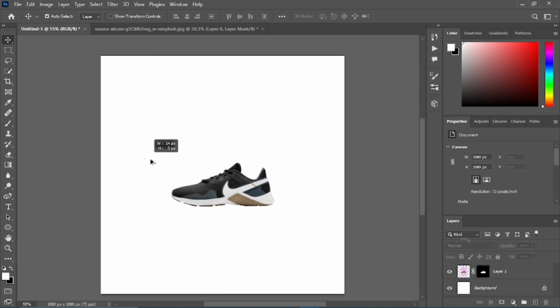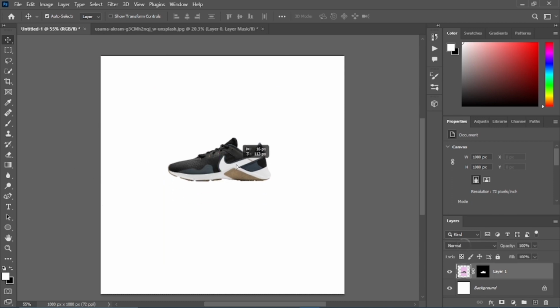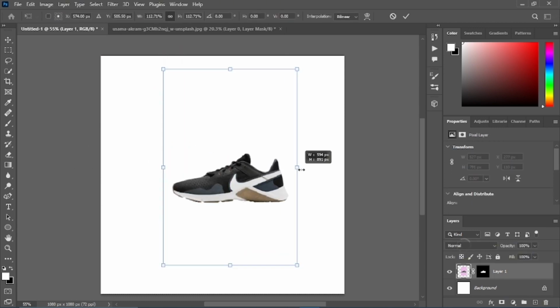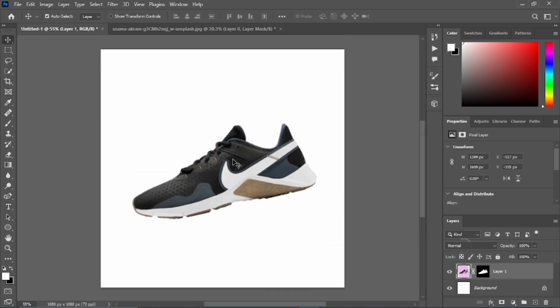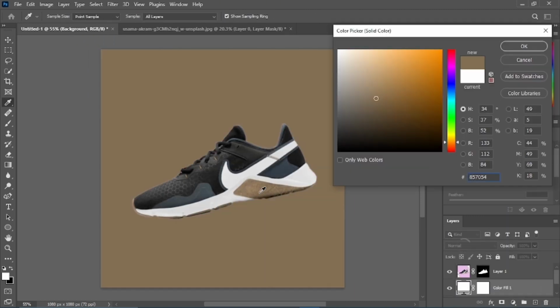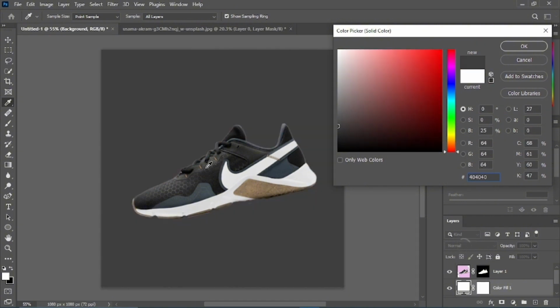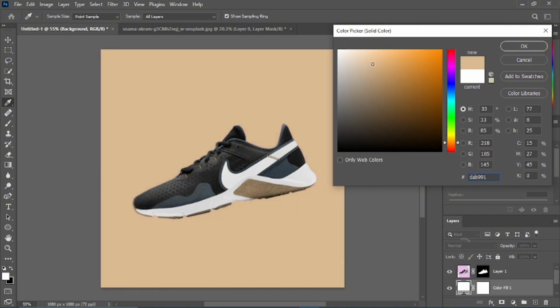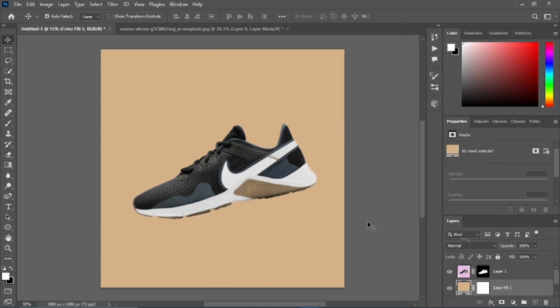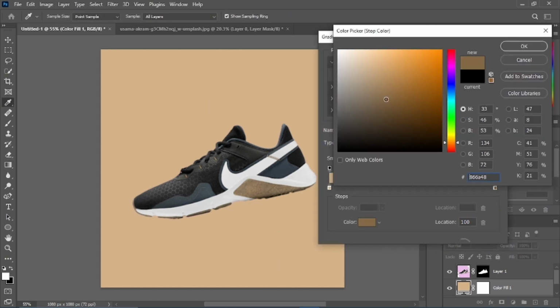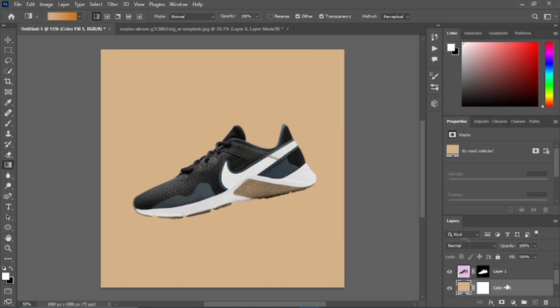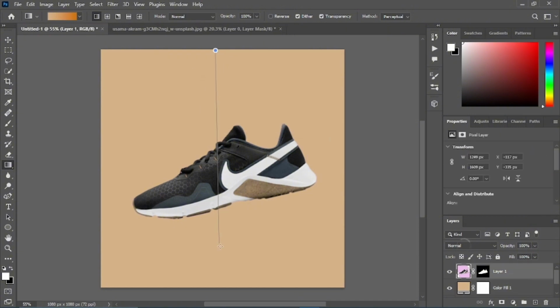Now I made a cutout of the product and I'm just placing it on the canvas, trying to figure out the composition. I wanted the background to be of the same color as the shoe. So I picked the brown from that bottom corner and made that the background, and I also tried